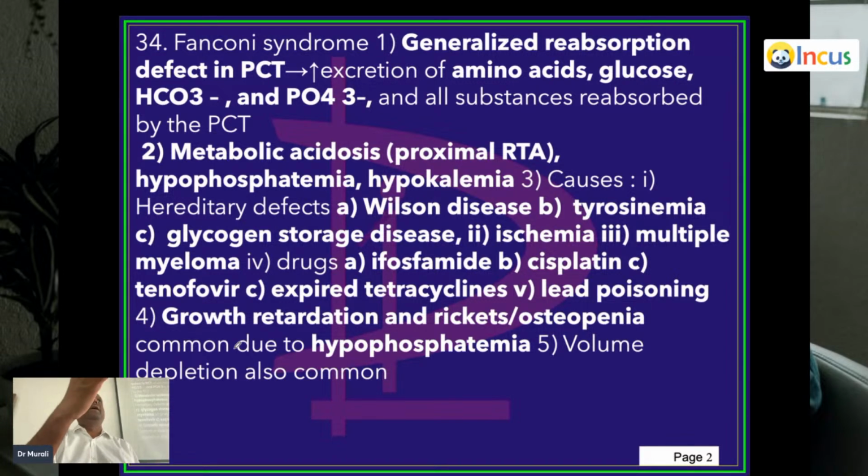If there is any dysfunction in the resorptive capability of the proximal convoluted tubule, you lose bicarb, you lose glucose into urine, you lose amino acids into urine, you lose everything into urine because the workhorse is shut down. That is exactly called Fanconi syndrome. Fanconi syndrome is a dysfunction of which part of the nephron? Very good.